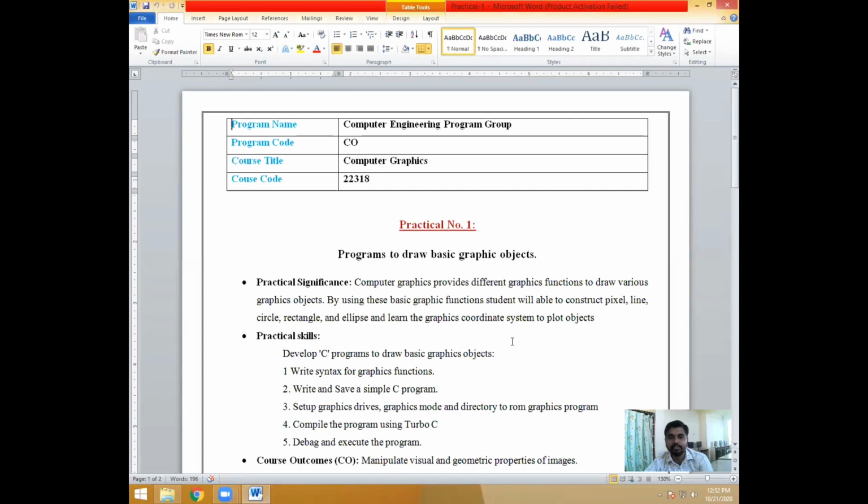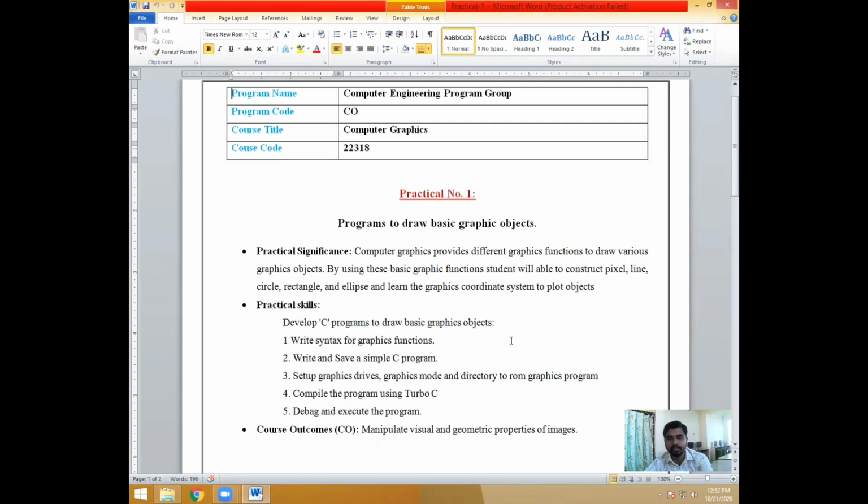By using these basic graphics functions, students will be able to construct pixels, lines, circles, rectangles, and ellipses. Also, learn the graphics coordinate system to plot these objects.